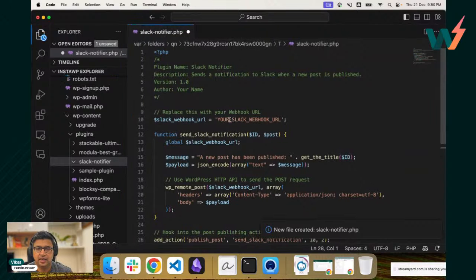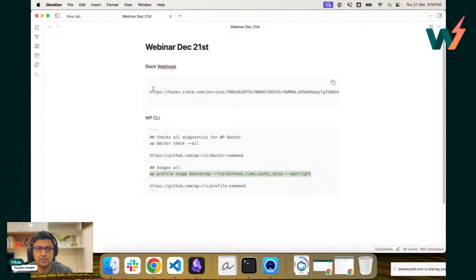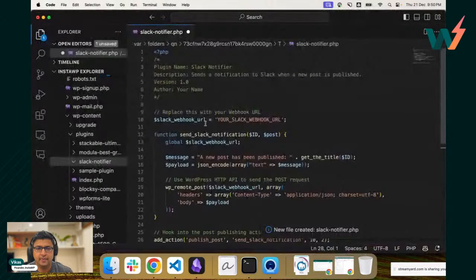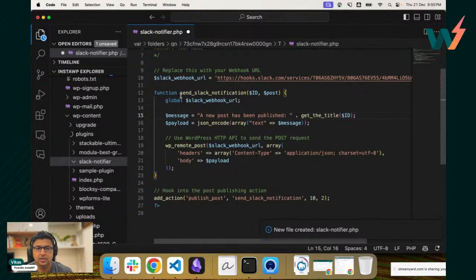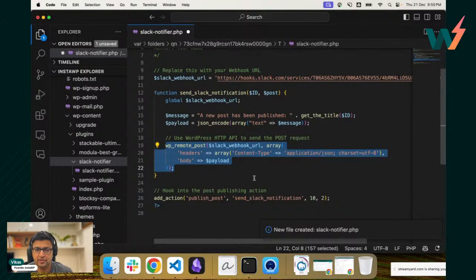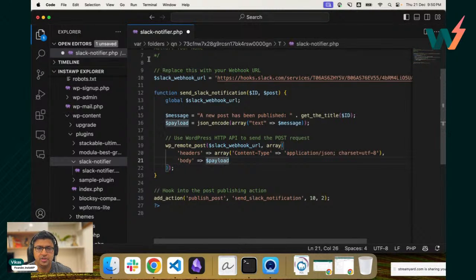Here, they're asking me to paste the webhook URL. So I've copy pasted the webhook URL in advance to save some time. And this is a function to send the Slack notification. A new post has been published, getting the title, encoding in JSON, doing a remote post with everything, and then add action on publish post. So I'm going to save this,